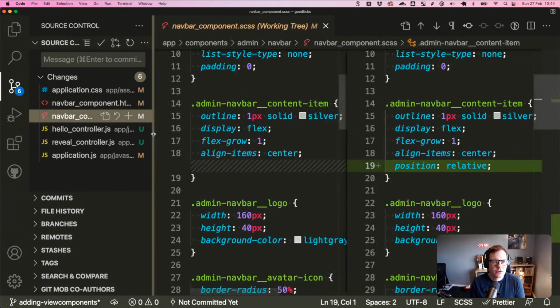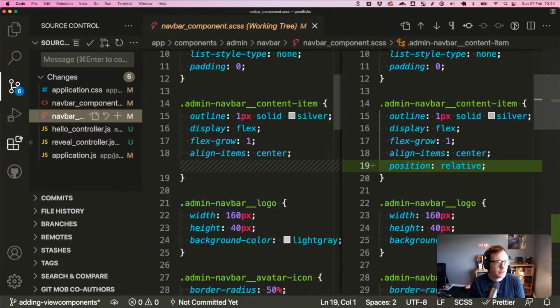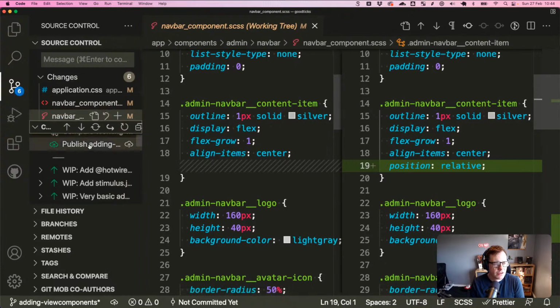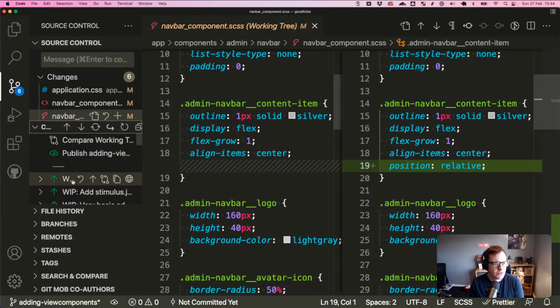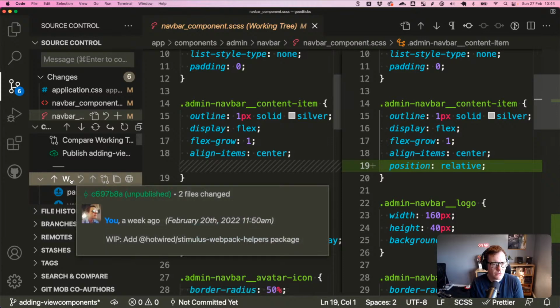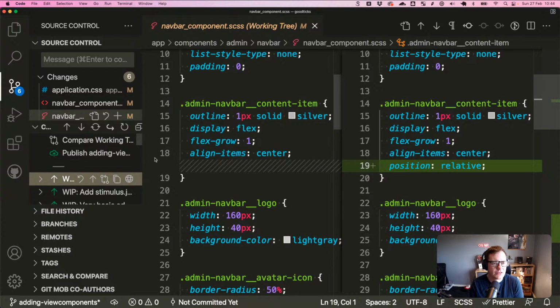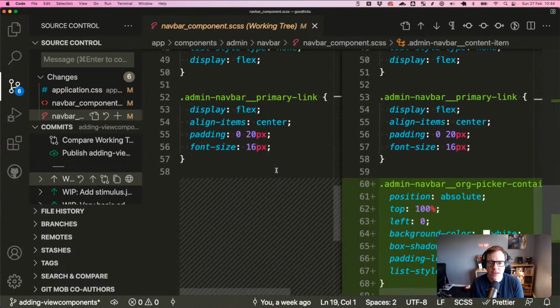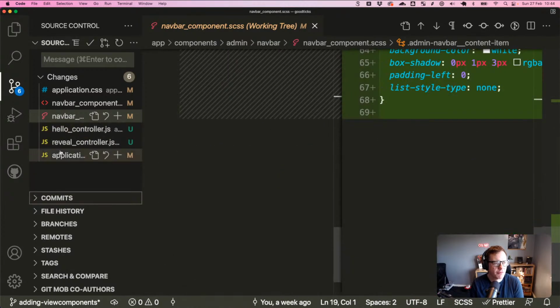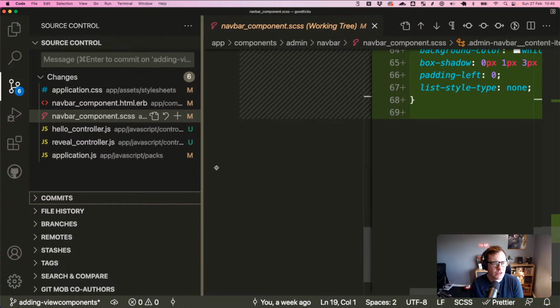Let's take a look and see if we want to commit any of this before we refactor it. What are we up to? I know that we haven't tidied up our branch yet, which I just say every week. So we've got add stimulus, add Hotwire stuff. That's just adding the helpers. Oh, okay, so we haven't committed any of our admin navbar stuff yet,